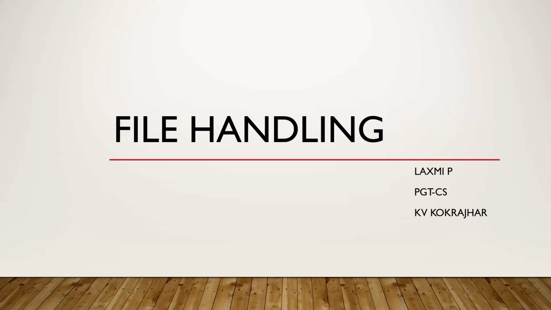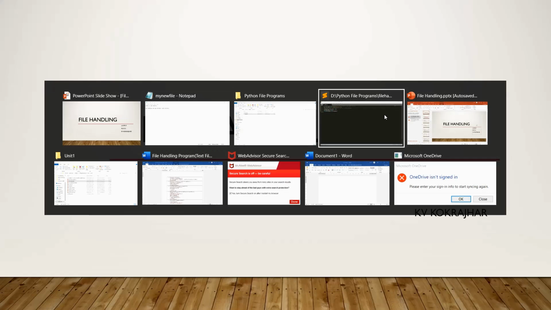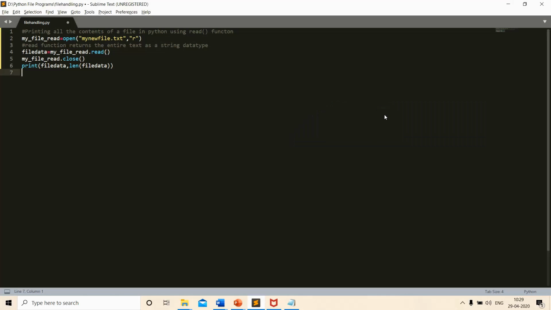Let's go back to our program which we will be discussing today. As you can see on the screen, this is a small snippet of code wherein I am reading some data from a text file. As you already know, what are the three operations in text file handling in Python? That is to open the file, we will get a file handle, and using the file handle we have to perform some operations, that is read or write, whatever you want. After completing the operations, you can just go ahead and close the file.